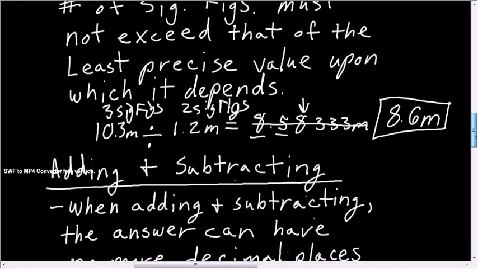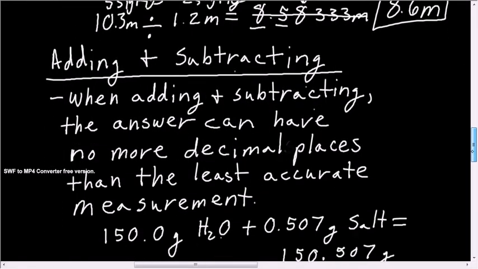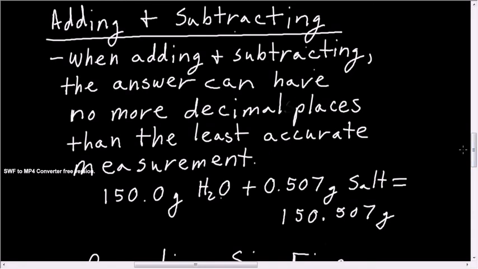Okay, so what if I'm adding and subtracting? Adding and subtracting is also quite easy. It's a little bit harder, I guess. When we're adding and subtracting numbers that we need to report significantly, the answer can have no more decimal places than the least accurate measurement. I have an example here at the bottom. Let's say I take 150 grams of water and I add it to 0.057 grams of salt,